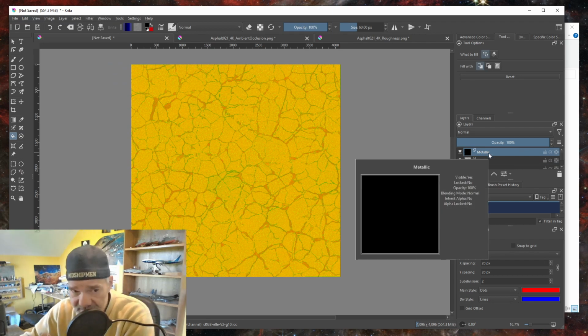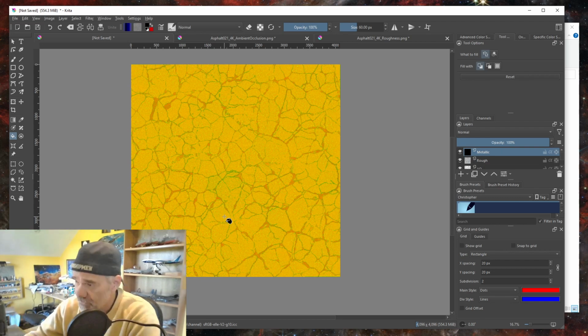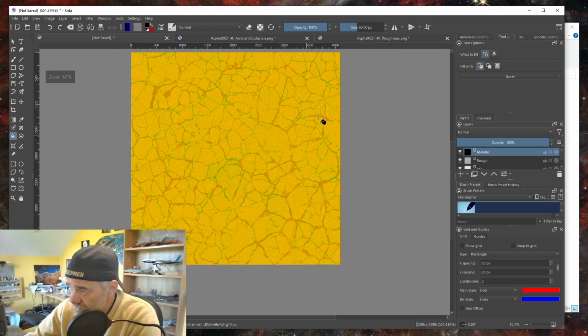Now it didn't have a metallic. This particular image didn't have a metallic because it's asphalt. Okay, so I had to create one, and then I painted it black, which means it's not metallic looking at all. Okay, white would be extremely shiny. Okay, so I have these 3 layers put together in a new image, and now all I need to do